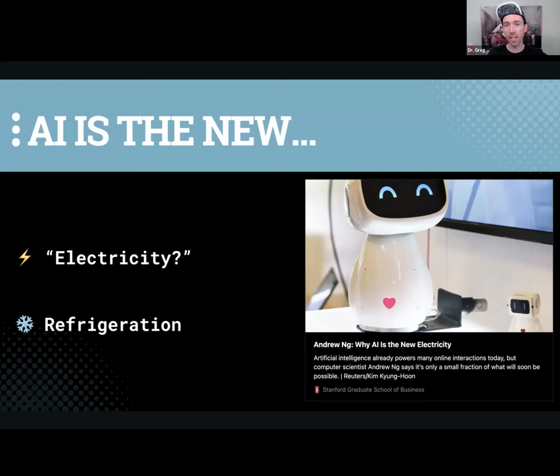Well, the first thing I like to point out is when we talk about electricity, what's the killer product that has ever been invented? It's not exactly clear, which is tough. If we think about refrigeration, it's a little bit easier. The killer product is not the refrigerator. The killer product is Coca-Cola. That's the biggest company and the most value that's ever been created based on this general purpose technology.